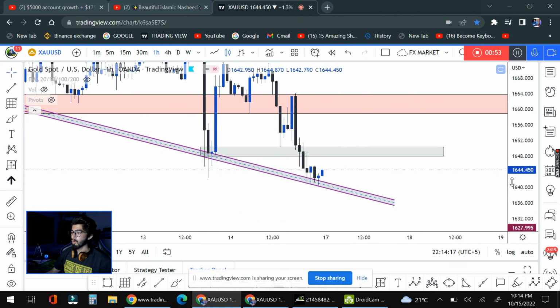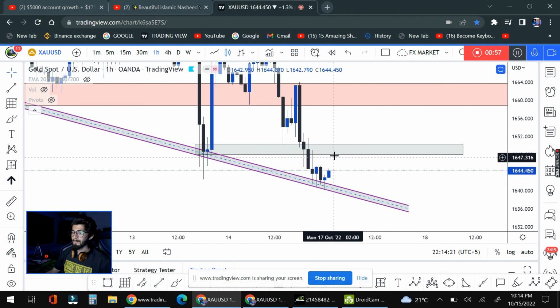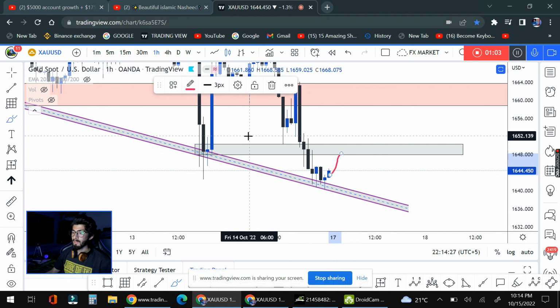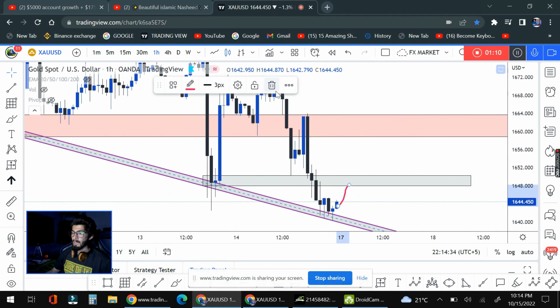So on the Monday opening, we are going to wait for price to pull back to this zone. You can see that previous support is now a resistance. So we are expecting that price comes to this area, support now as a resistance, and tests this level. And then if on the 1 hour we close below this area of support, which is 1647, then